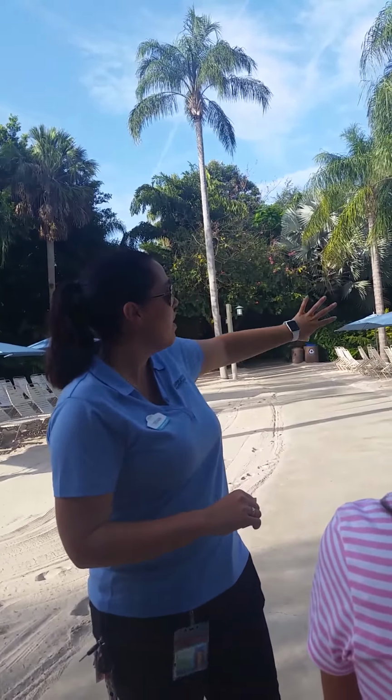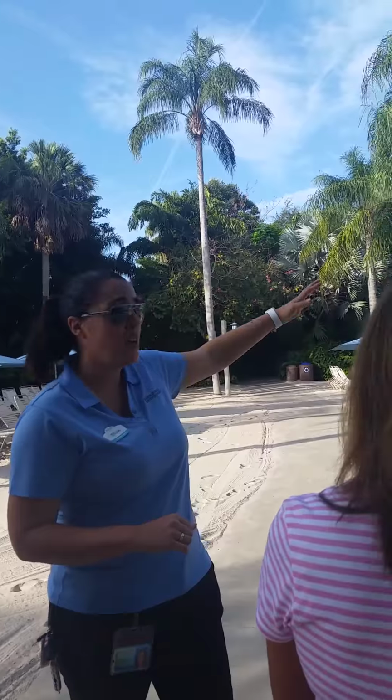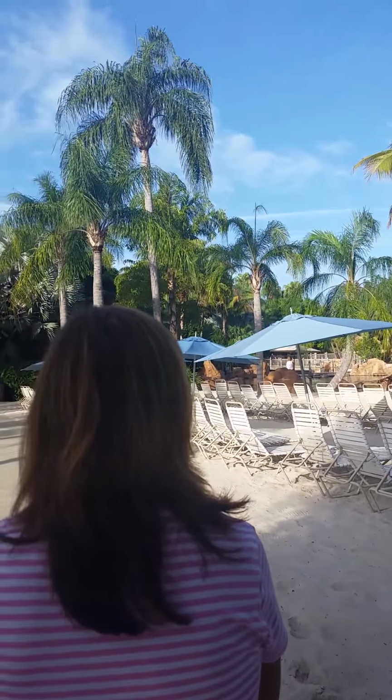One of the things that's also over there, which we'll walk around, there's going to be a smaller space over to the left that's kind of quartered off. That's Sea Venture. That is an additional cost. It's roughly around...